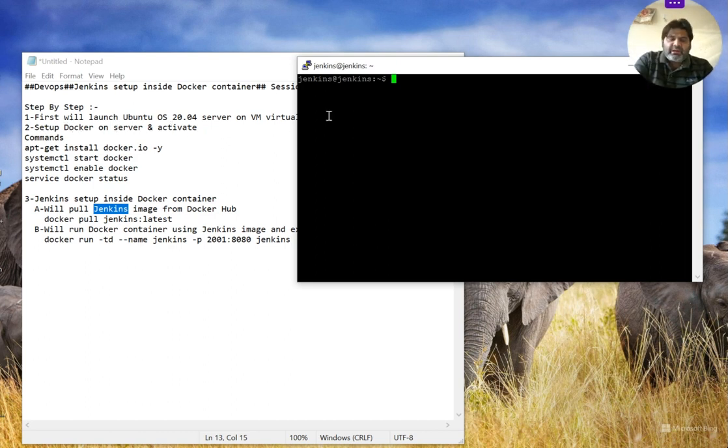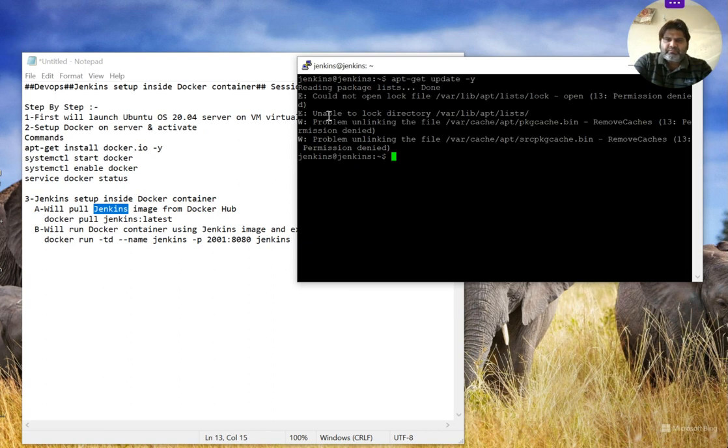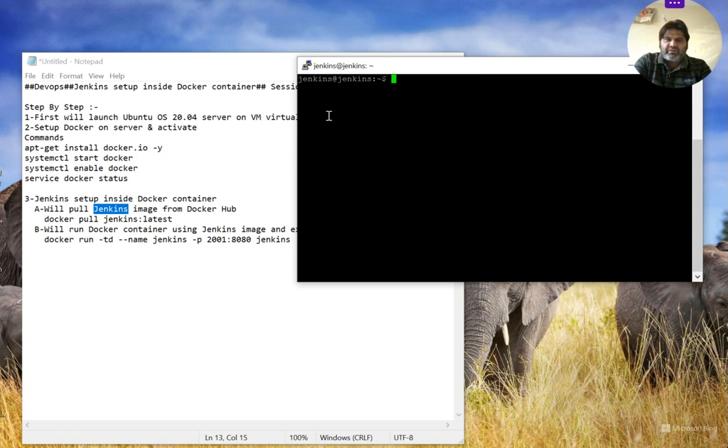The command will be apt, but before it, I have to update and upgrade this server. So apt-get update -y. What is the problem here? Okay, no problem. Actually, I was firing this command as a normal user. So first of all, I have to